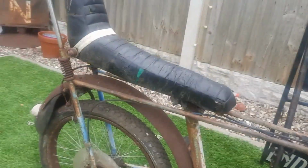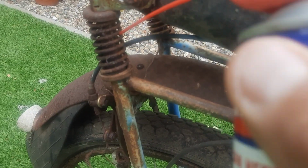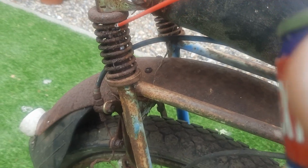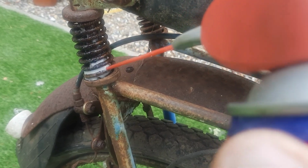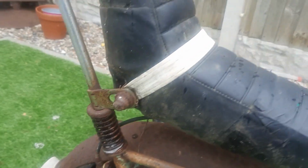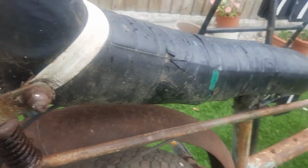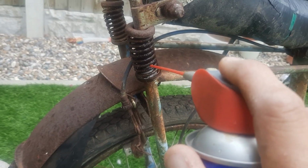I'm going to put some WD-40 for the time being just down the sissy bar, get everything nice and oiled up. Now there'll be people saying, do not touch this bike, don't clean it, don't try and polish it, don't try and get anything moving. Yeah, and I believe, and I'm with you, but